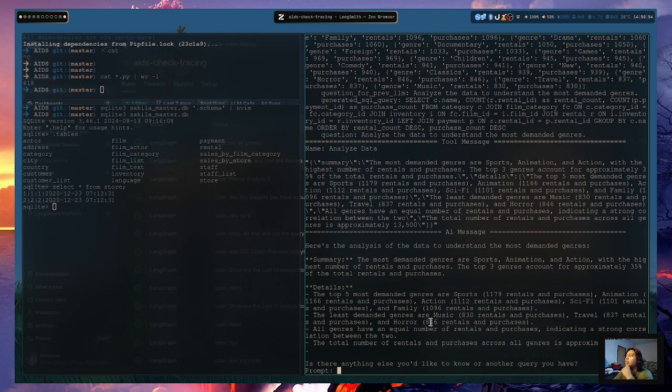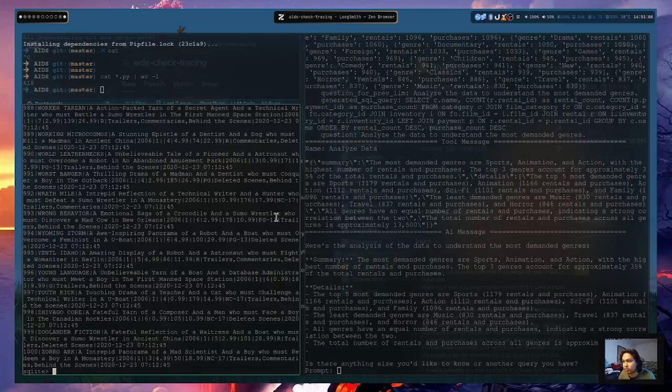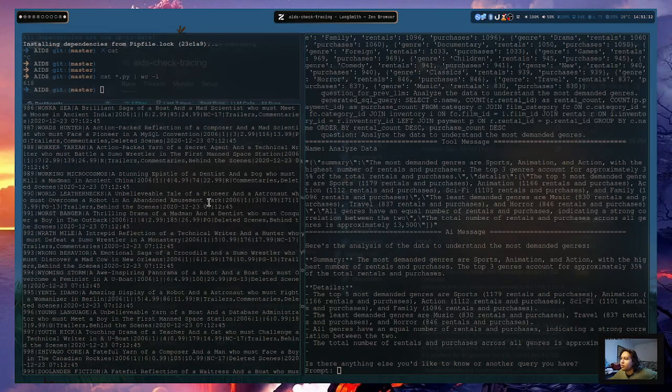Maybe like Suryavanshi. Yeah, I mean this data is not for India, but we'll see. All of the movies are actually from Hollywood.